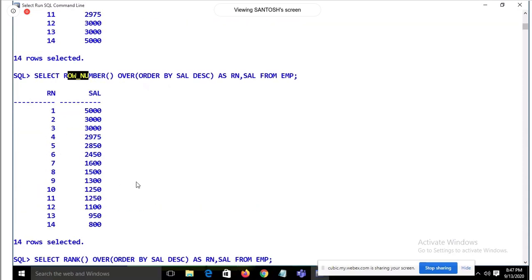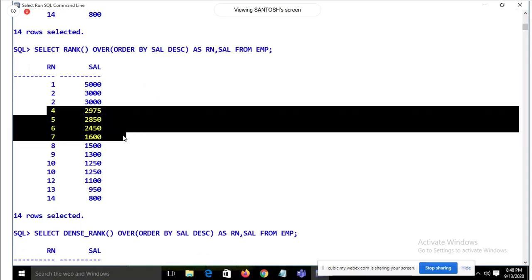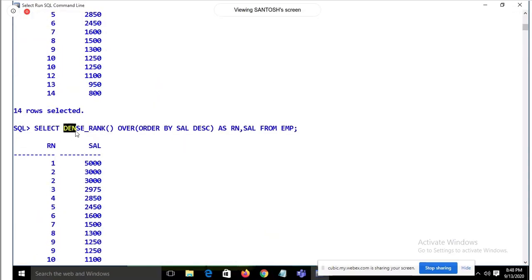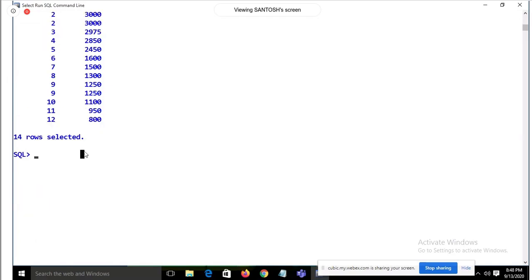I don't need the rank and all. Yeah, but there's a problem with duplicates, right? So that's why we went for dense rank. Basically they invented it for the rank function, but the problem with the rank function is duplication. So that's why dense rank is there. Earlier only row number and rank were there. Then finally they put the dense rank over there. So dense rank is the best practice, right?